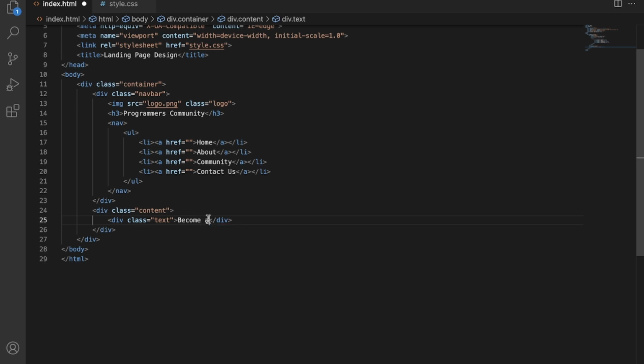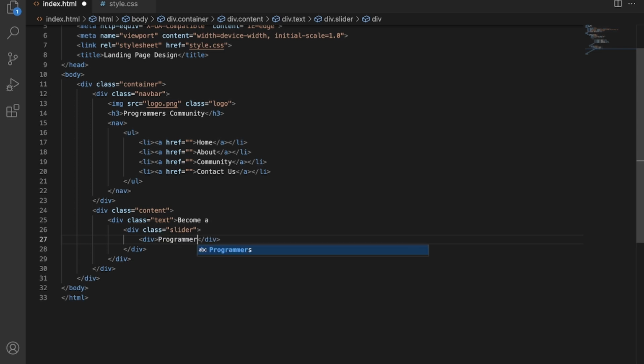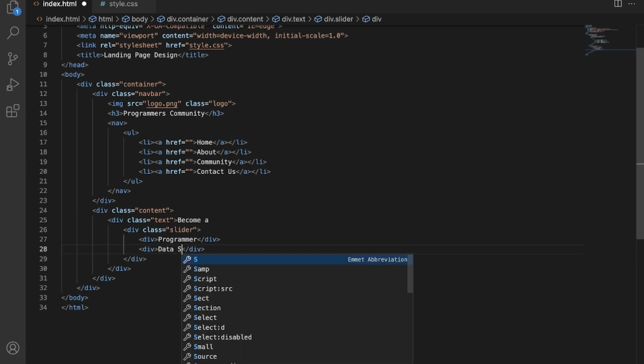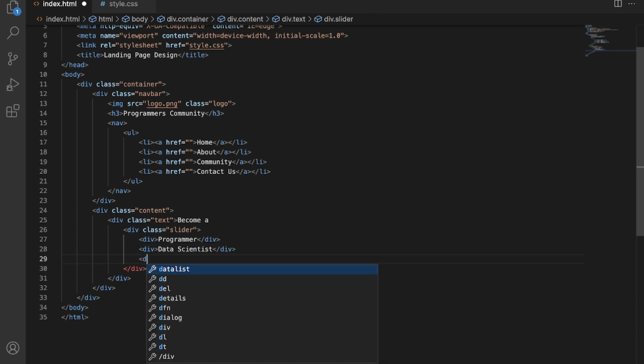Now here we will create a sliding text effect. For that, here I will again define a div class with name slider, and in this div I will write div, and here I will write the names to show in the slider. So here I will simply write data scientist, and one more, web developer. Okay, great.